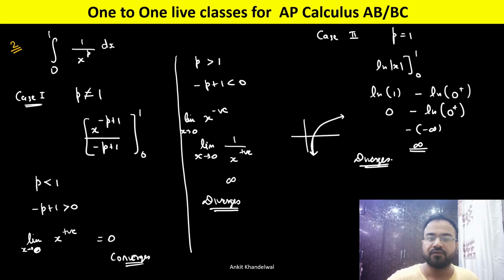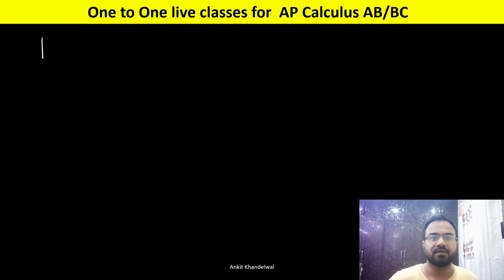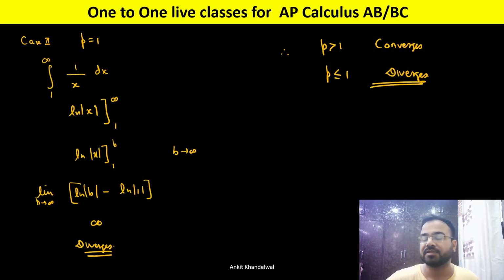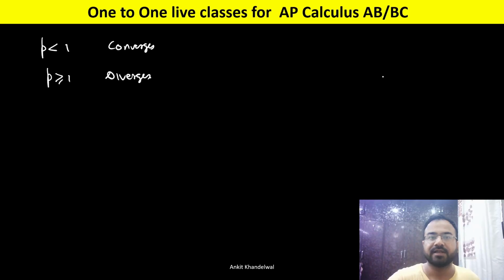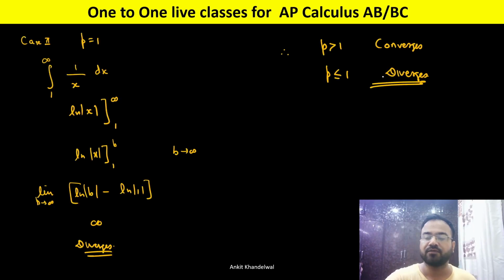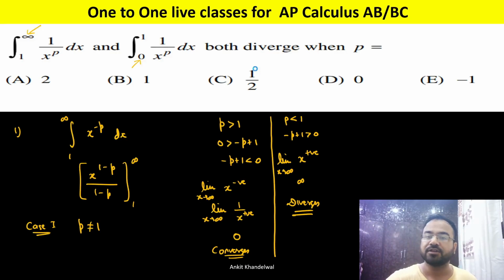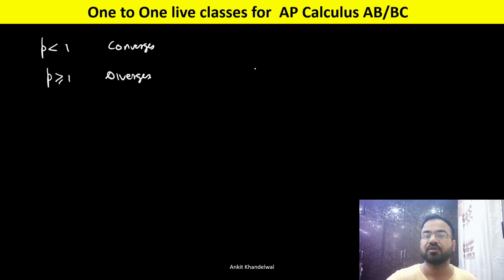We are getting that for p less than 1 it converges, and for p greater than or equal to 1 it diverges. And in the first case it was less than or equal to 1 diverges, and in the second case greater than or equal to 1 diverges. But for the common solution, we are looking for where both of them diverge. So the common solution is when both are equal to 1,